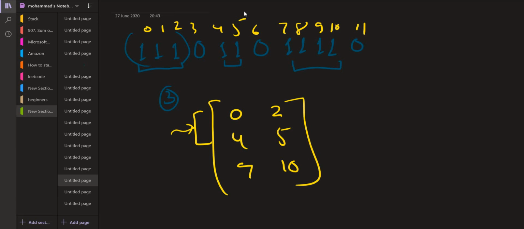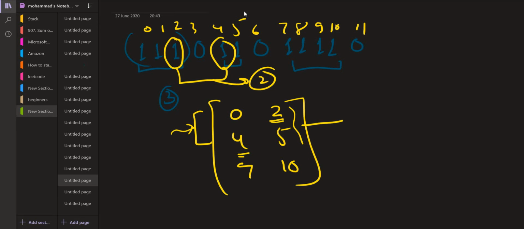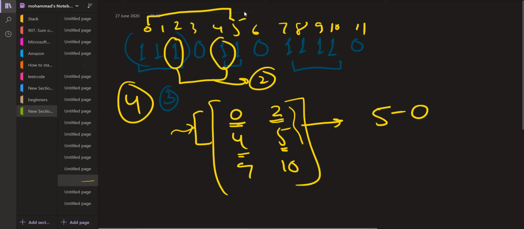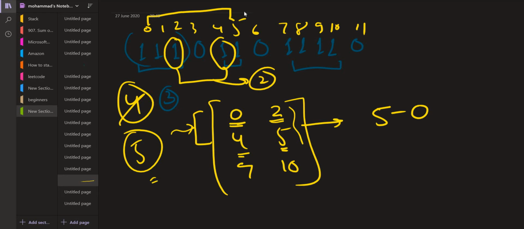The condition by which we can combine them is the second element of the first pair and the first element of the second pair, that is this index and this index. The difference between them should be equal to 2. So if the difference between the consecutive pairs is 2, that means that we can simply combine them, and the answer could be as large as 5 minus 0 in this case. That is the first element of this and the last element of this. So 5 minus 0, this is 5, and 5 could be one possible